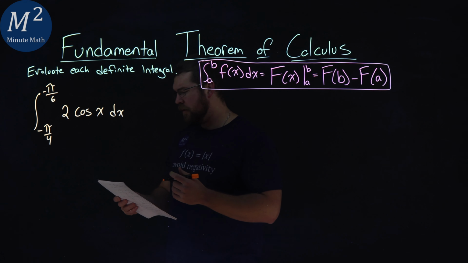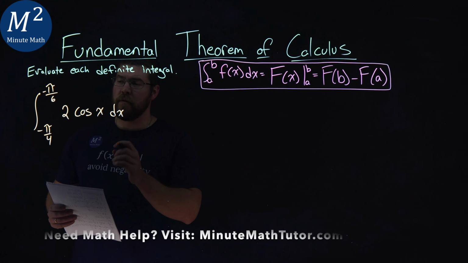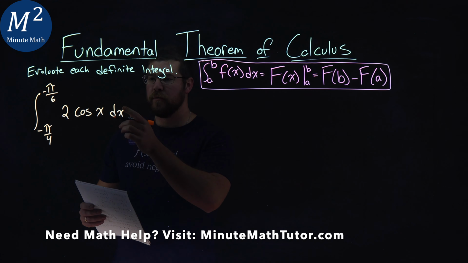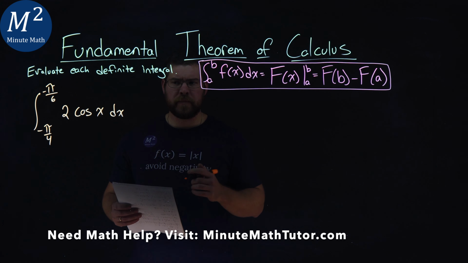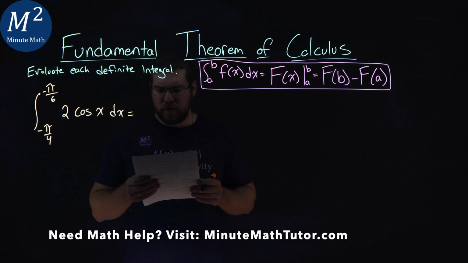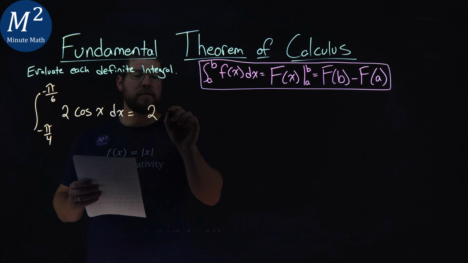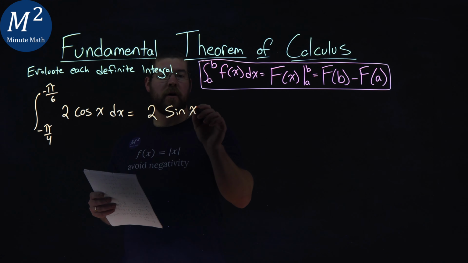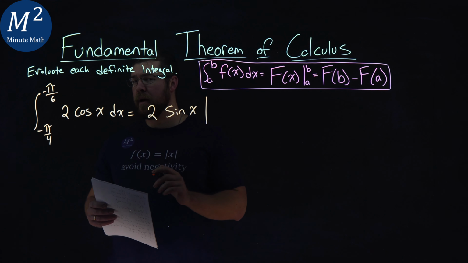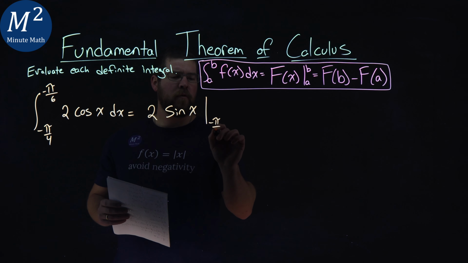We're given this problem right here, the integral from negative pi over 4 to negative pi over 6 of 2 cosine x dx, and we want to find the definite integral. Now, the integral of 2 cosine x is just 2 sine of x. Pretty simple here. But we're integrating this using the Fundamental Theorem of Calculus, from negative pi over 4 to